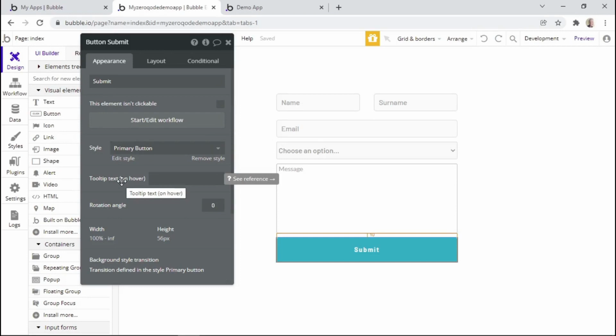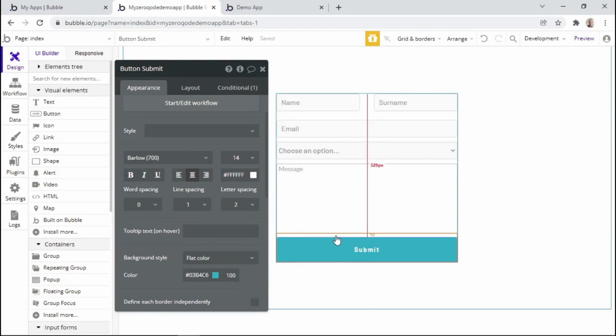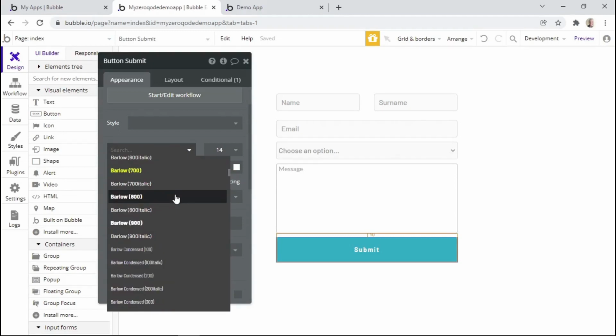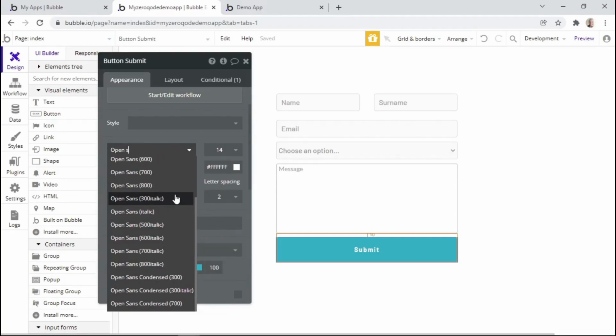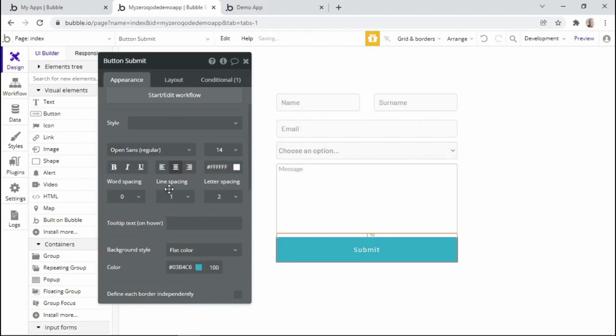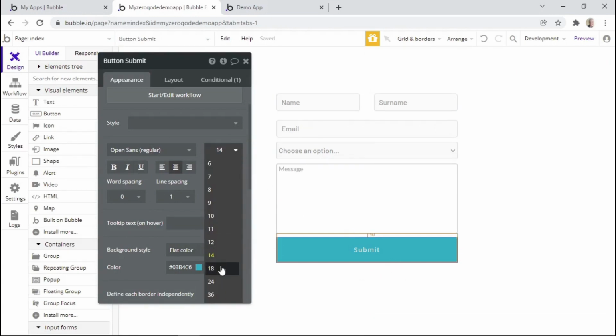But for the purpose of this video, we'll just remove the style to show you exactly how it will look when we apply the changes. So perhaps we can change the font style to another one. Let's try Open Sans. And you'll realize that each font has different weights. So we'll click the regular weight. And then we can also change the font size. We can click 18. Or we can make it bold or italic,